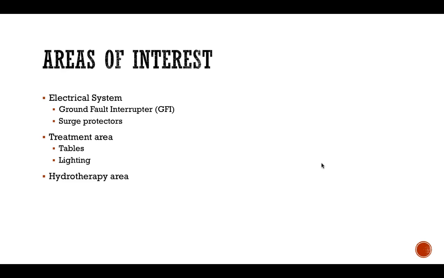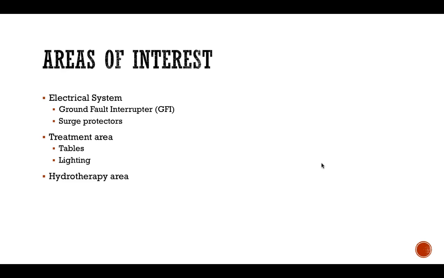electrically. Another area, the treatment area, we have some kind of standards you want to think about. Your biggest thing with your treatment area is you want to be able to maneuver and work with your patient in kind of the safest environment possible. So usually that involves the table placement and the type of tables. So ideally, treatment tables are about 30 inches high. So, you know, they're there for us to be able to kind of stand around and be able to look at the individual.